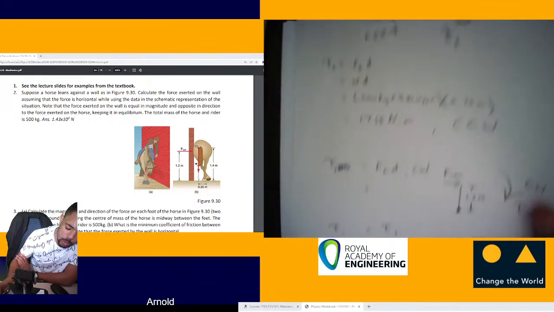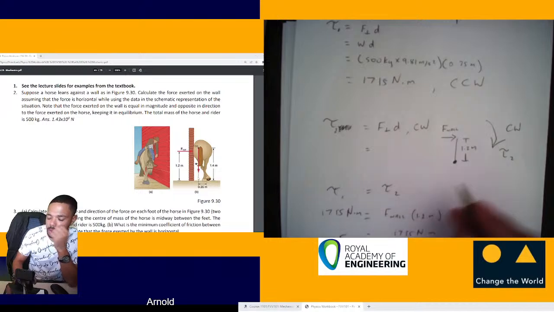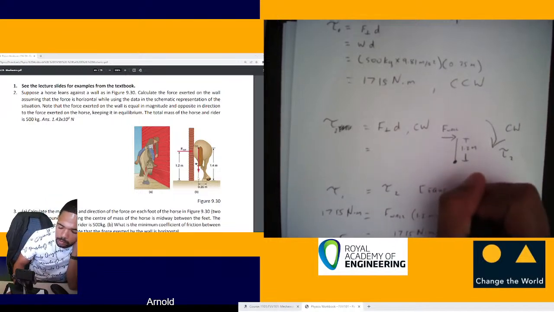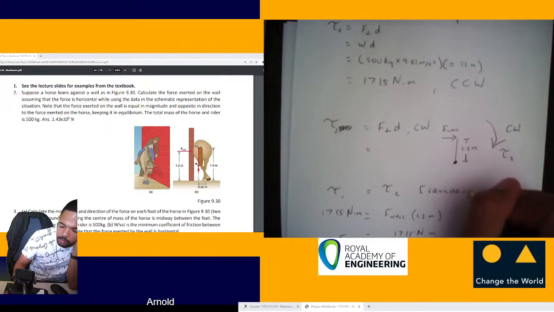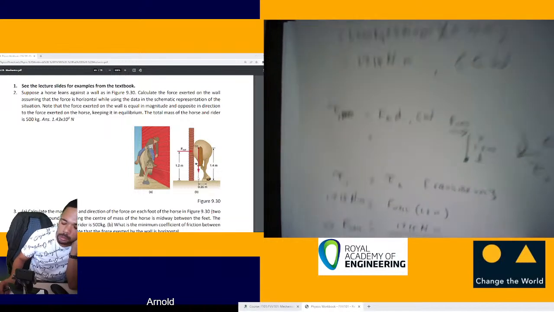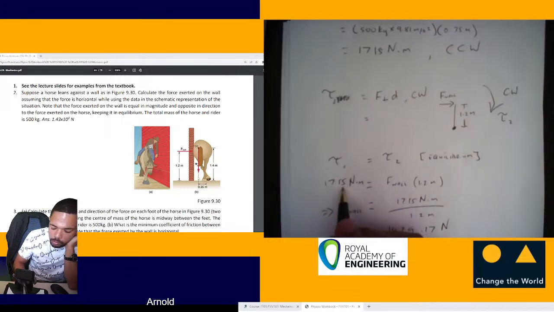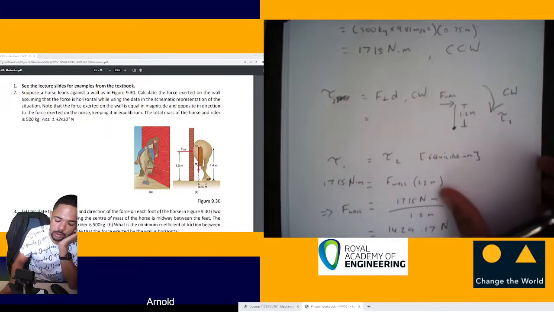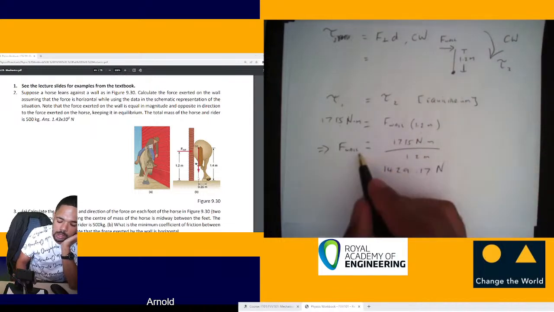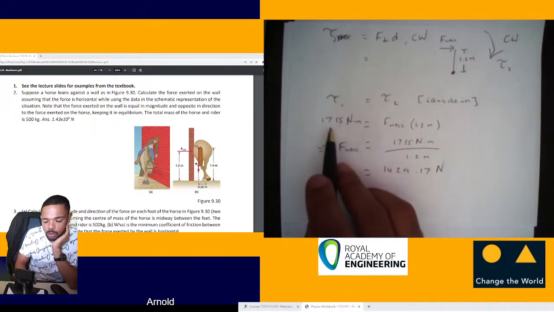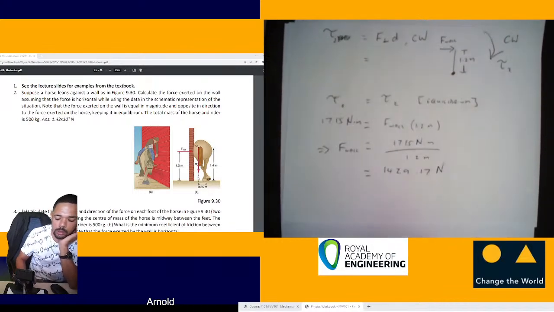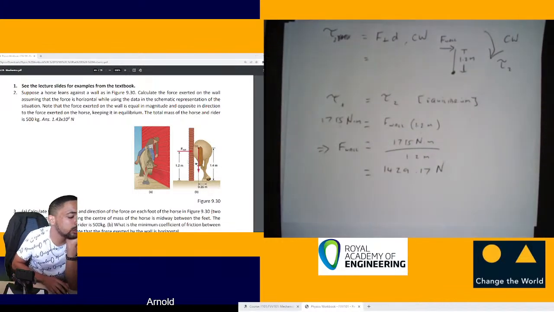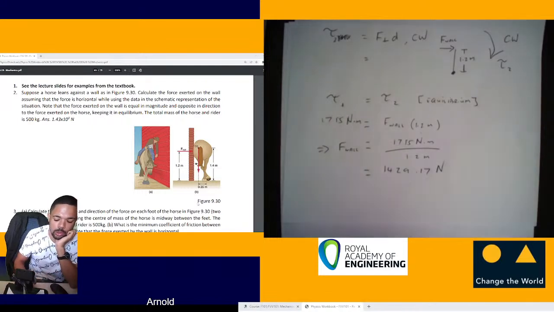Now torque number 2 must be equal to torque number 1 because it is in equilibrium. That means that torque number 1 must be equal to torque number 2, which is just the force of the wall multiplied by 1.2 meters. There we can work out the force of the wall by dividing torque number 1 by the distance at which force number 2 is acting, and then we have the force of the wall, which is equal to